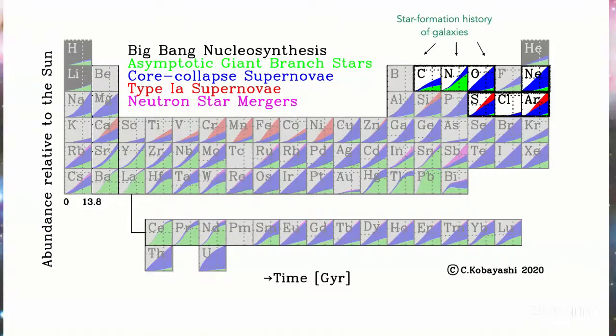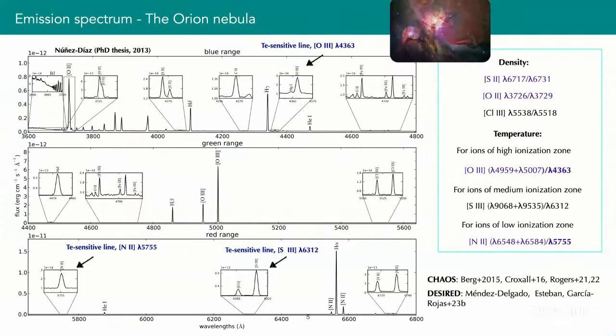Carbon, nitrogen, oxygen. Oxygen are powerful elements to understand the star formation history of galaxies. You can see here in the color code how these elements are produced. I will tell you later about this in more detail. But we can see now a spectrum of these objects. This is our galactic H II region, the Orion Nebula, and you see all these very nice emission lines. Of course, this is a high resolution spectrum for one small part of Orion, and you see all these emission lines.